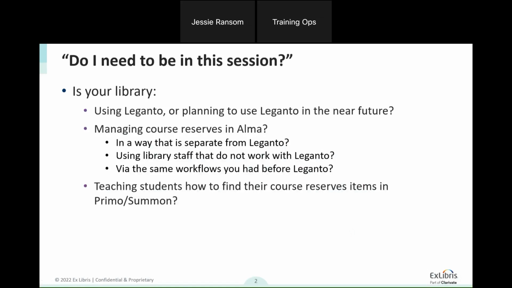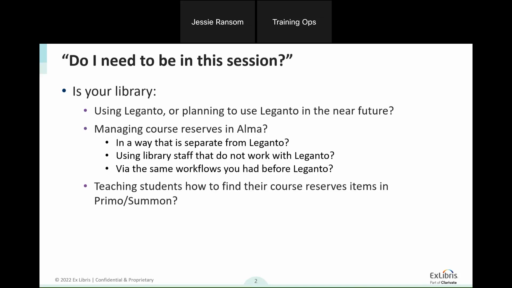And here I'll be really targeting libraries that are using Leganto or are planning to use Leganto in the near future that are still managing course reserves in Alma and in a way that is separate from Leganto. So that is something that we'll be diving into more, but I'm thinking of things like: you have a form on your library website. Instructors fill out the form to let you know what they want to use.